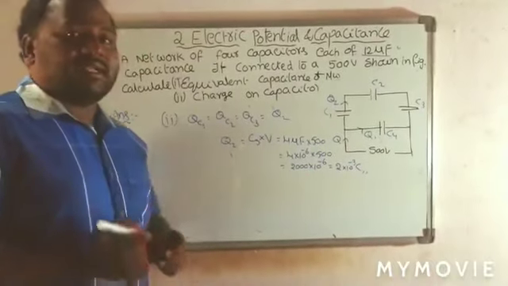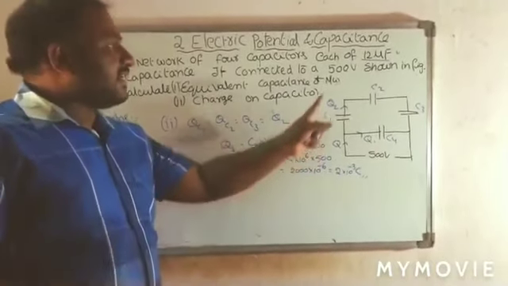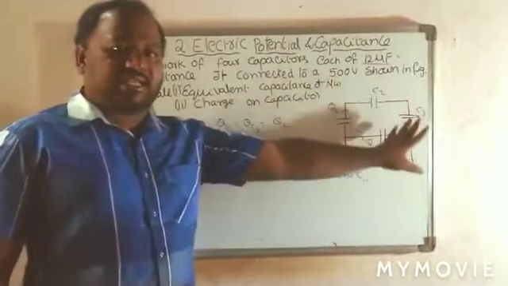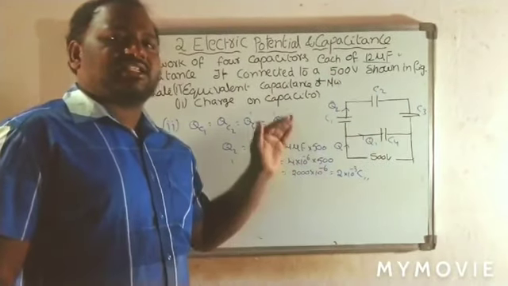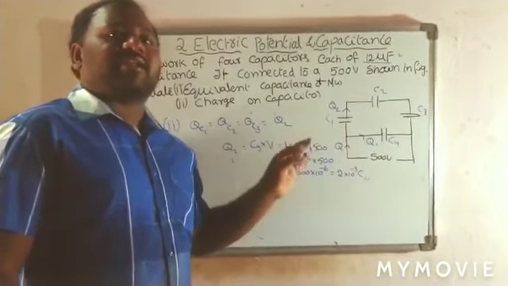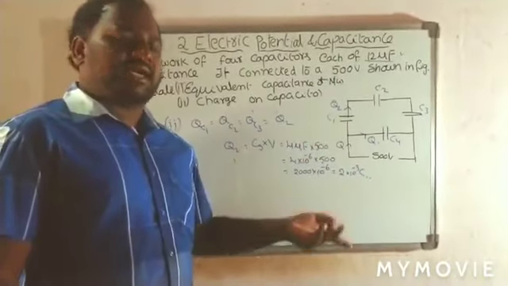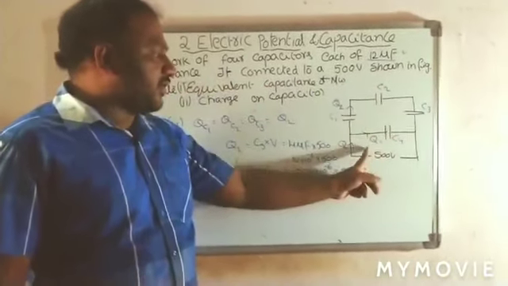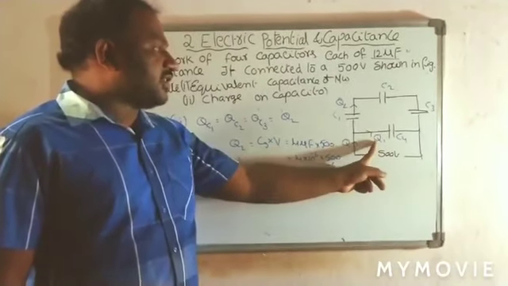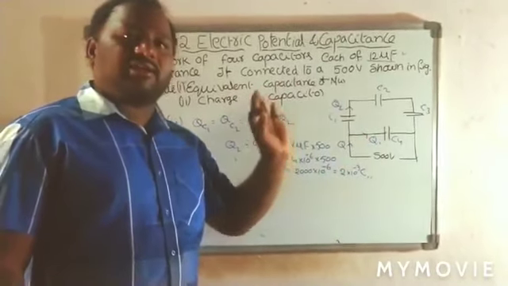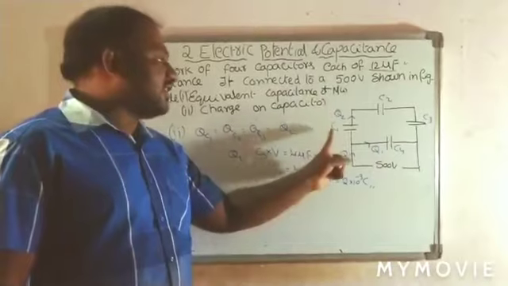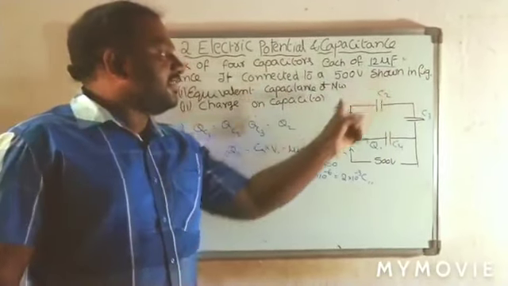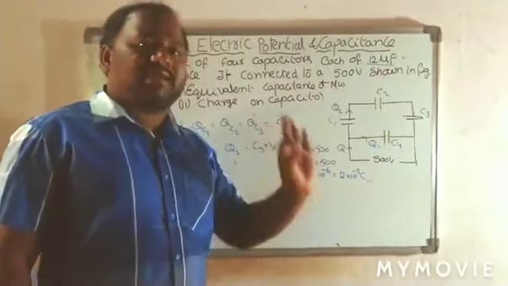Here once again understand, C1, C2, C3 are in series. In the series combination charge is constant. In the parallel combination charge is divided. Here this CS combination is parallel to C4. So the total charge Q is divided as Q1 and Q2. Q2 is the charge in C1, C2, C3. These three capacitors have the same charge.